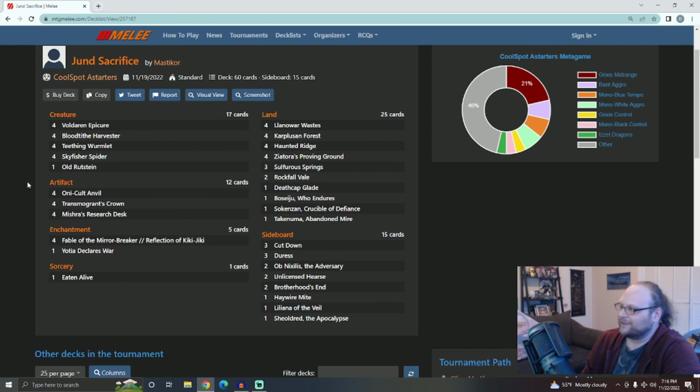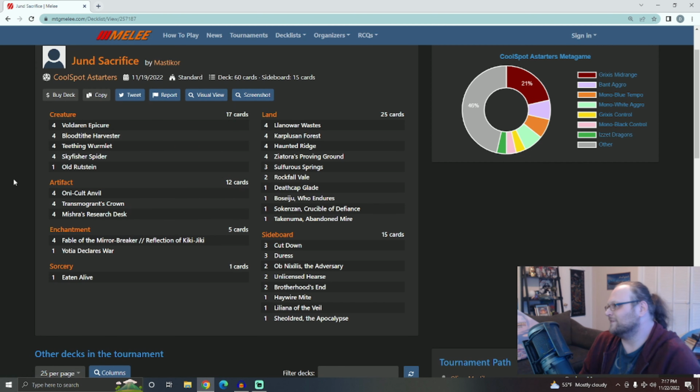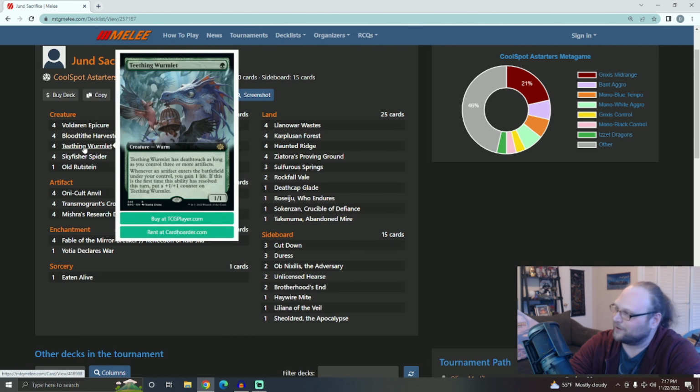So I really like that it's playing Crown. It's also playing Research Desk. That looks good in Oni Cold Anvil as well, obviously. If anything, Skyfisher is the only green card in the deck, but it is a really good reason to add green to your black-red Anvil deck. Aside from that, it's got all the hits: Voldaren Epicure, Bloodtithe Harvester, and the other green card in the deck,